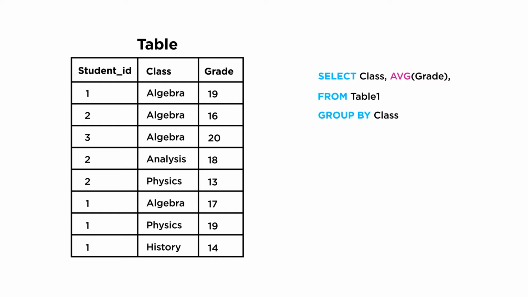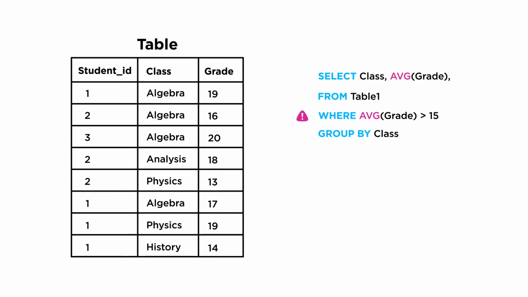Now, let's say that we only want to keep classes that have an average grade above 15. The natural thing that you would try to do based on what we know already is to write something like where average grade greater than 15. Unfortunately, this will not work here. The where clause cannot filter the results using the outcome of aggregate functions. In fact, if you try to write a query that uses an aggregate function in where, you'll get back an error. That's why we have the having clause.